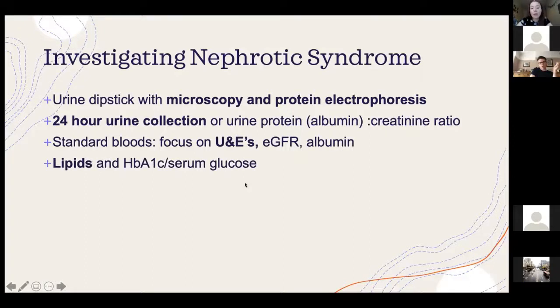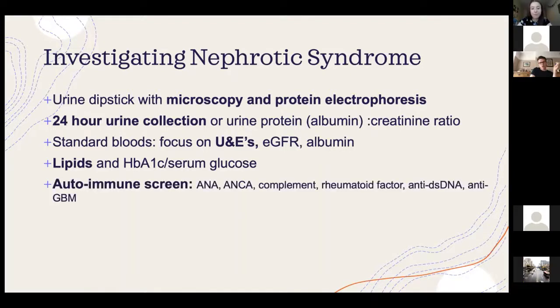Lipids and HbA1c are quite important because a lot of the nephrotic syndromes actually cause dyslipidemia. So that's quite a useful finding to notice if your patient has dyslipidemia and some kidney dysfunction. An autoimmune screen. What you'll find is glomerulonephritis is often linked to autoimmune diseases. So getting these done will help find what the underlying cause could be of the actual